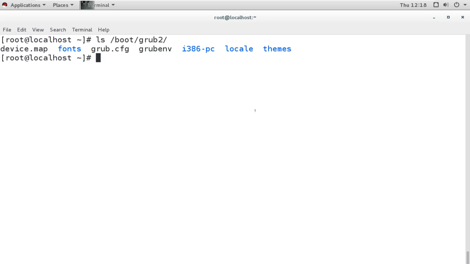If you use the same command in grub version 1, which is in RHEL6, if you go to the boot directory and list the grub directory, you will see the other files also which are loaded by grub. Those files we don't have to manage or edit, but they still show. It shows the stage 1 file, it shows the stage 2 file, like how grub runs. First it runs the stage 1 file, then the stage 2 file.